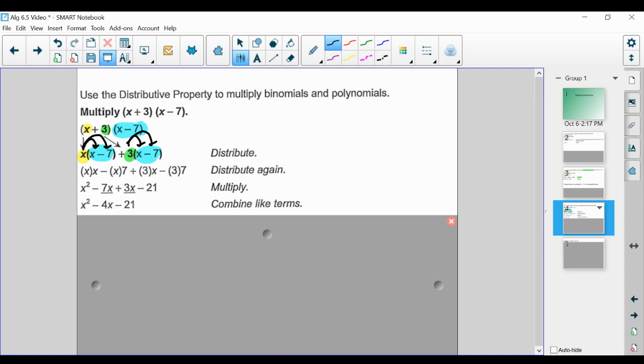We're soon going to be talking about what is called the foiling method, which is a separate way to go about this. And let me show you that. If I have x plus 3 times x minus 7. Instead of doing the multiple distributions, what we can use is called the FOIL method. FOIL,